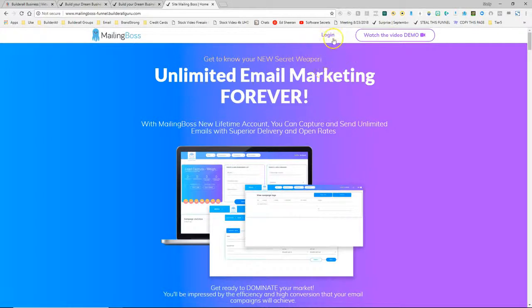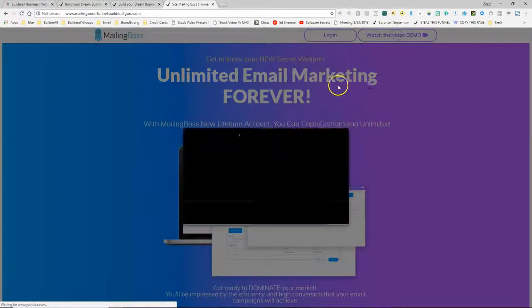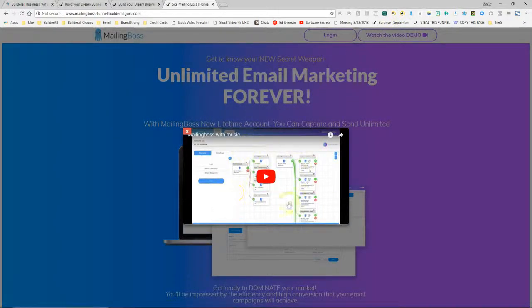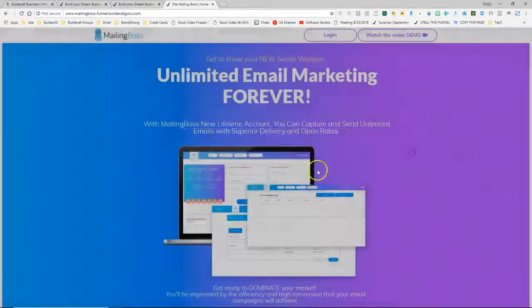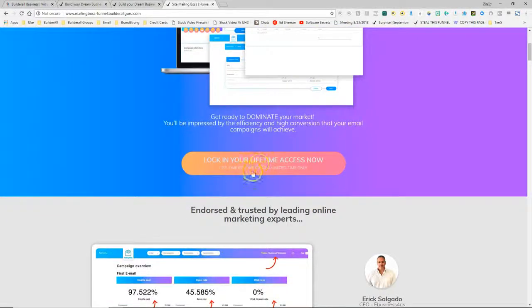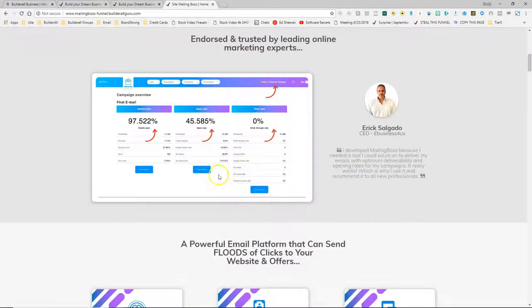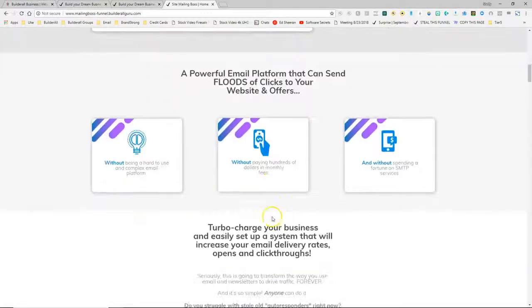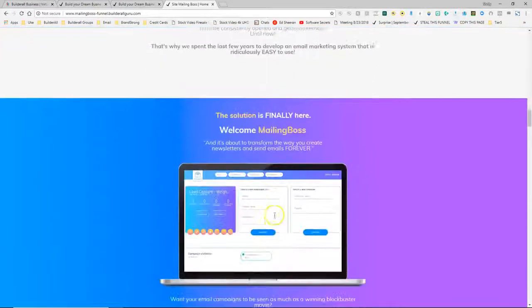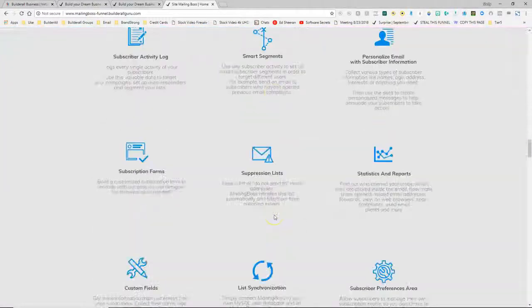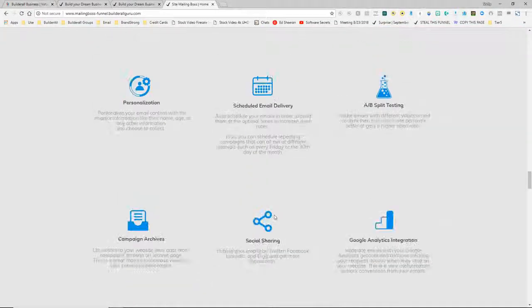If you take a look, if they're already a member, they can log in, and they can also watch a video demo. If they click that button, then a video pops up, and it shows them a demo of the Mailing Boss system. If we scroll down, we can see a button that says Lifetime Access Now. We have more information and content about Mailing Boss. And if we continue to scroll down, when we get to the end of the page,